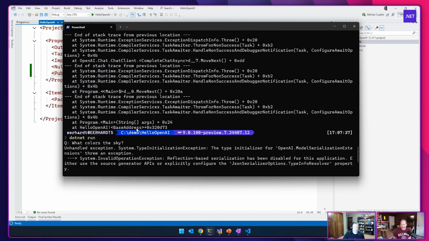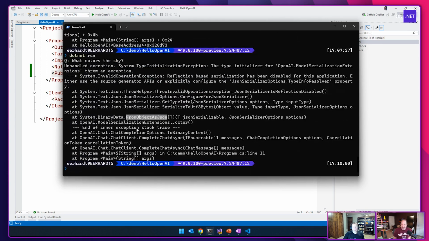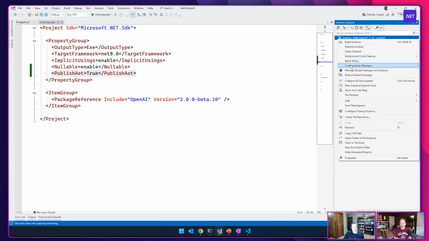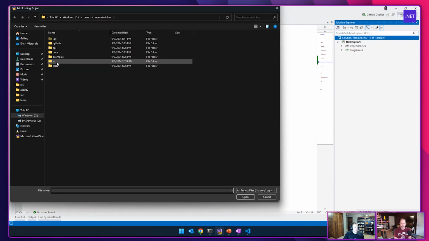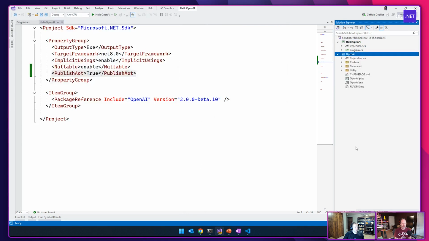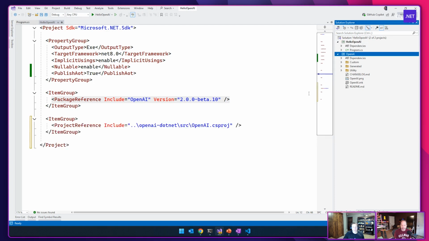Right. Agreed. And so let's try to fix it, right? Let's make OpenAI safe for AOT. Let's do their work for them, and then they'll watch this, and then they'll take your suggestion and fix it. And so I'm going to add OpenAI. Okay, so now you're taking that hard dependency that pulled down the NuGet, and you're going to make it a project dependency instead of a package reference. Exactly. You're a star. Look at that.